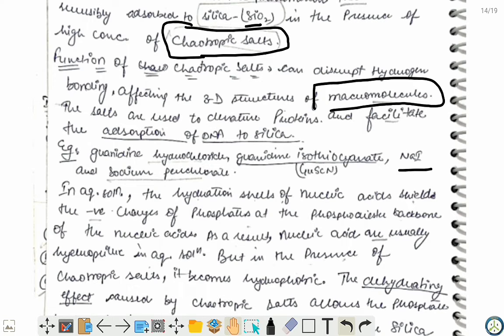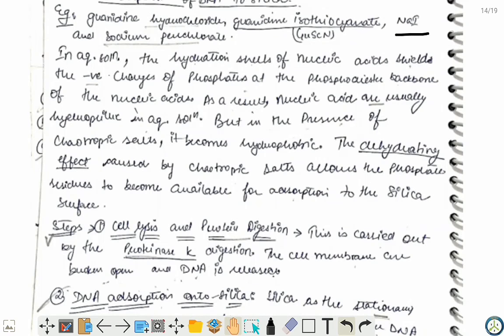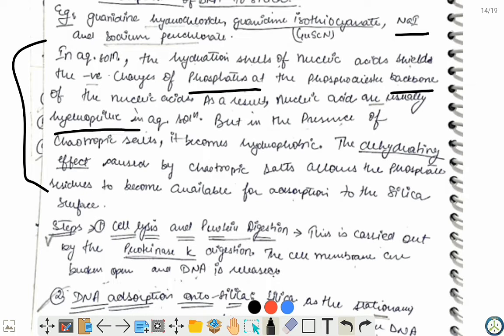So in the aqueous solution, the hydration shell of the nucleic acid, now see, this is a very important part. In the aqueous solution the hydration shell of the nucleic acid shields the negative charge of the phosphate in the phosphodiester backbone of the nucleic acid. As a result the nucleic acids are usually hydrophilic in aqueous solution. Okay, we also talked at the start that nucleic acids are hydrophilic in aqueous